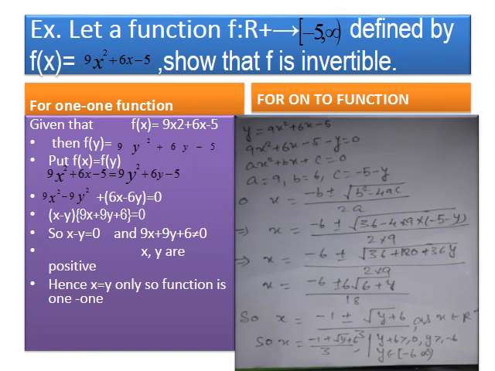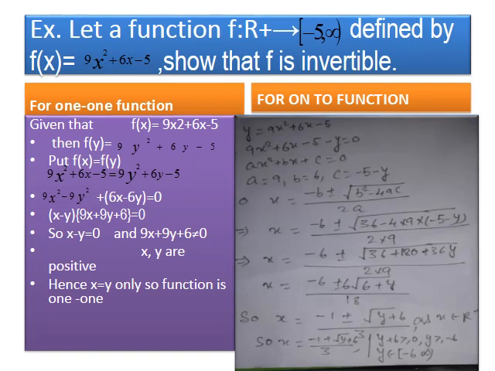After putting f(x) equals f(y), we get 9x square plus 6x minus 5 equals 9y square plus 6y minus 5. So here the minus 5 is going to be cancelled. Now 9y square is going to be shifted onto the left side. So we are left with 9x square minus 9y square plus 6x minus 6y equals 0. Now 9 is common from 9x square minus 9y square, so we are left with x square minus y square. And 6 is common from the second terms, x minus y. So we can take x minus y common. After taking x minus y common, we get (x minus y) in bracket (9x plus 9y plus 6)